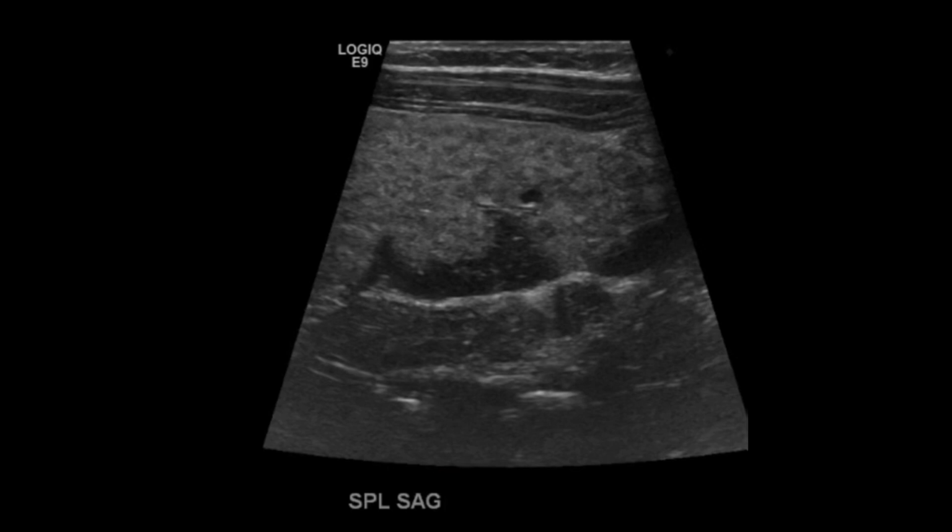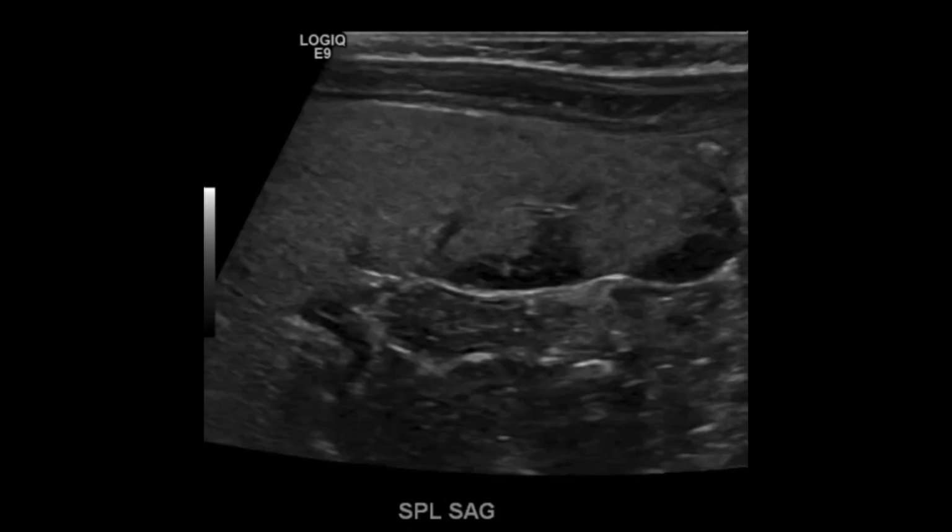heterogeneous. And you can see again these two little areas that are hypoechoic. One is kind of wedge shaped. I had zero history on this patient, but after asking a few questions, I got the history that there was sickle cell disease. So now with that very important history out of the way, I just took some more linear